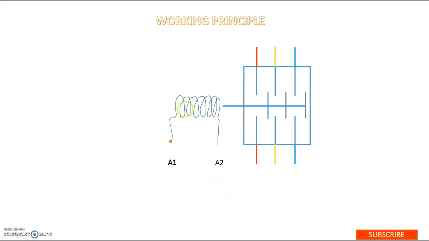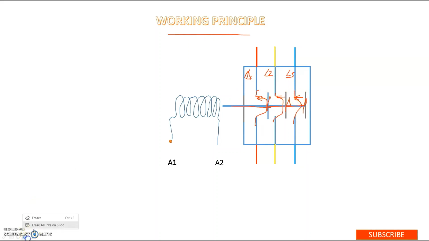Let us get into the internal workings of a contactor. The working principle. If you see the contactor from inside, these are the terminals. The L1 terminal, this is the L2 terminal, this is the L3 terminal, this is the plunger. This particular part is the plunger, and it has the basic job to make or break the contact. If this plunger moves forward, these three contacts along with the plunger will move and the current can flow through these contacts, right? So this is how it is done.